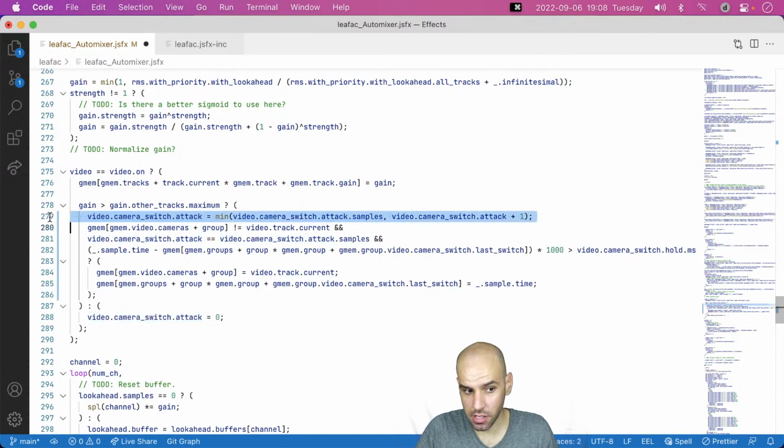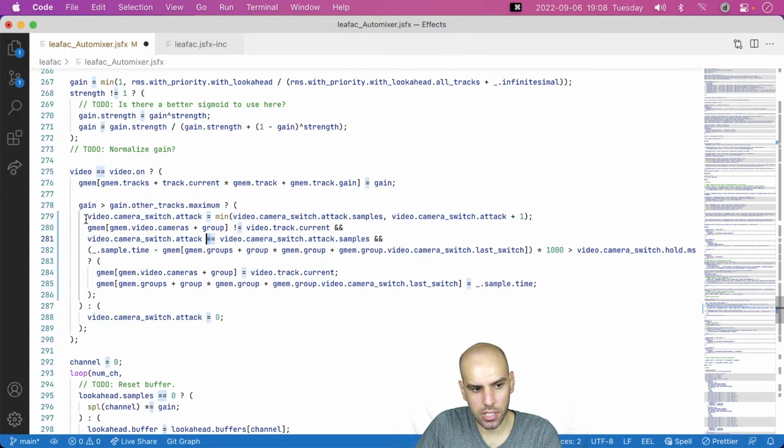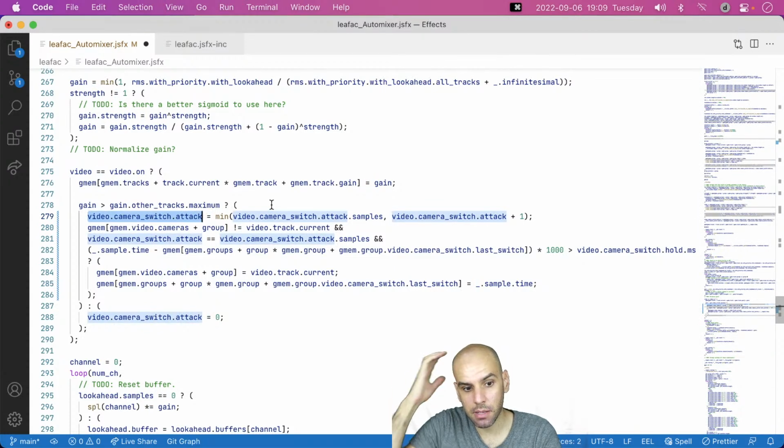But in theory, if the same person is speaking for long enough, which is probably going to be billions of years, this number could overflow. So with this solution, it doesn't overflow. It is what it is. Whatever. So now we can check for equals, because as soon as we get to that number, we stop counting up.